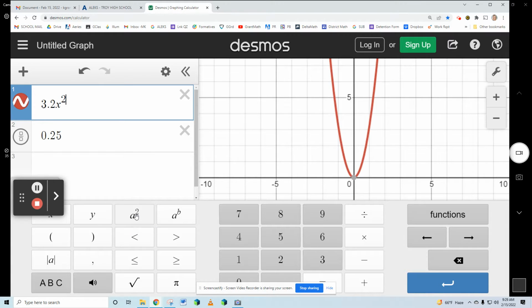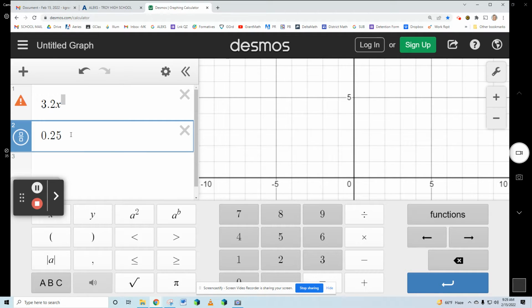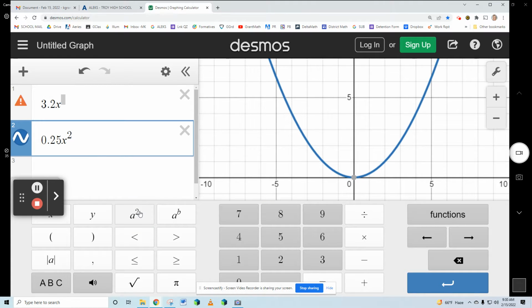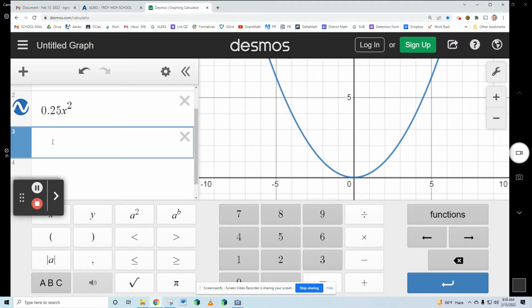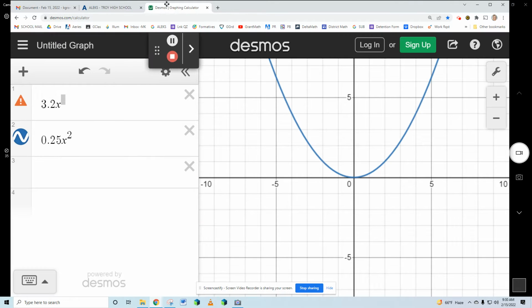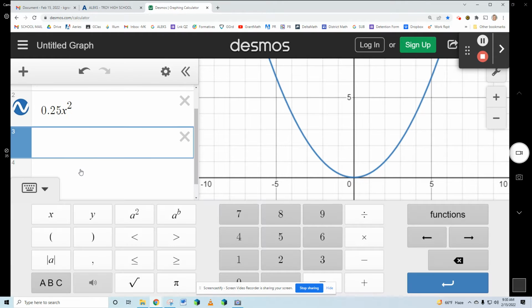Oh, nope. Oh, darn it. 0.25x squared. See that parabola? That's city B. City C is, let me get rid of this. This thing is really bothering me. Okay. City C,